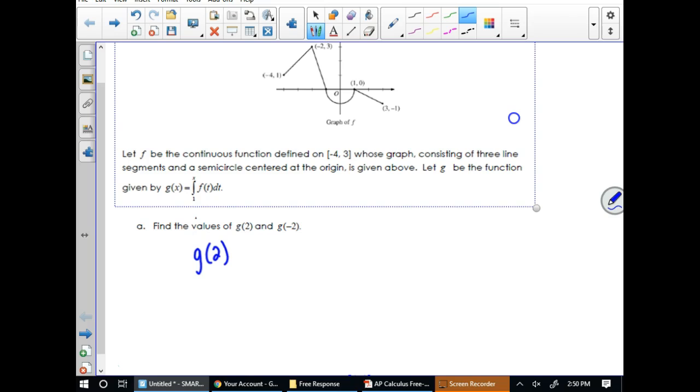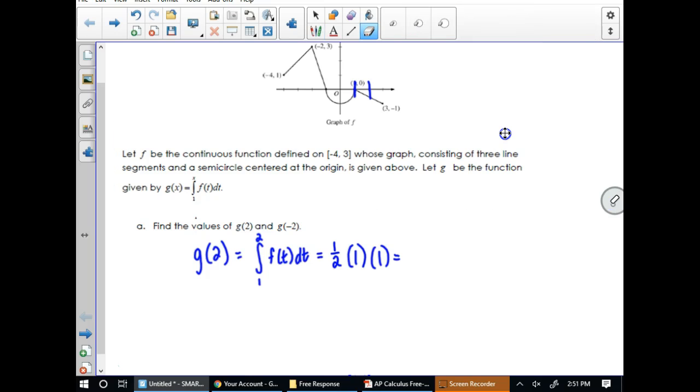we're plugging in 2 for our x, so we'll be integrating from 1 to 2 f of t dt, which is the graph that we have right here. So we are looking from 1 to 2, we're looking at the area underneath the curve there. So from 1 to 2, that's the triangle, 1/2 times, you have a base of 1 and a height of 1. So that,